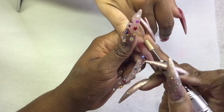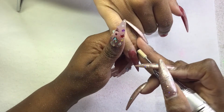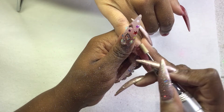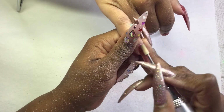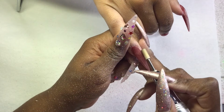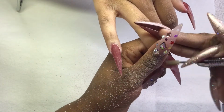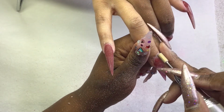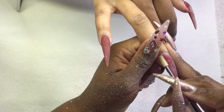So now I'm going in with my fine gold drill bit on about a medium speed. I am cleaning up the cuticle area as well as making sure that the body of the nail is slim and blended very well. I like my cuticle area to be kind of flush, and then I like my apex to be kind of up high. Not even high, but I would just say a good apex, and then I like the tip of the nail to be tapered. So it creates a bit of a curve naturally, but it's not like a wave,